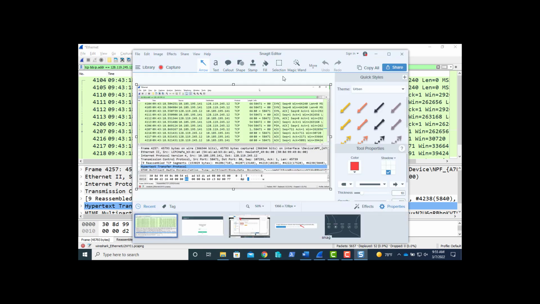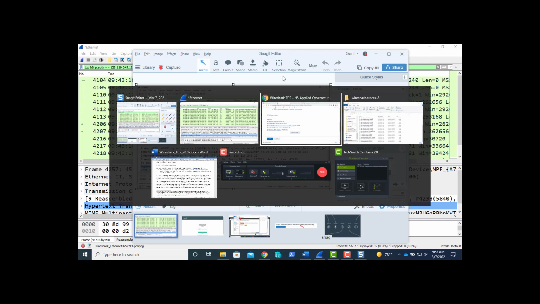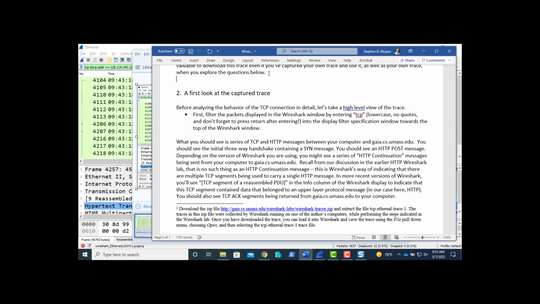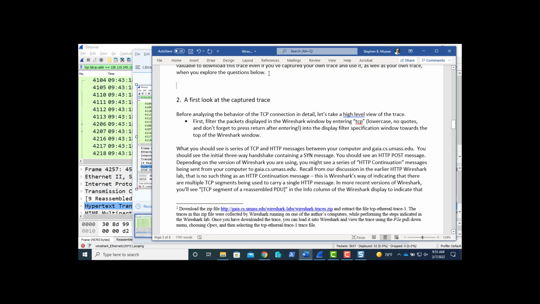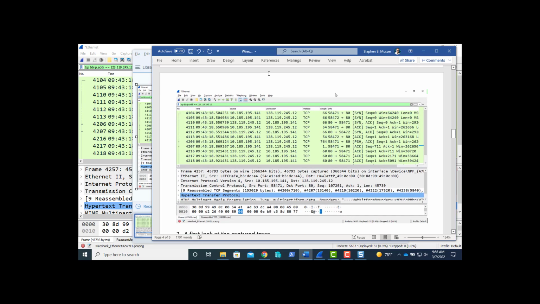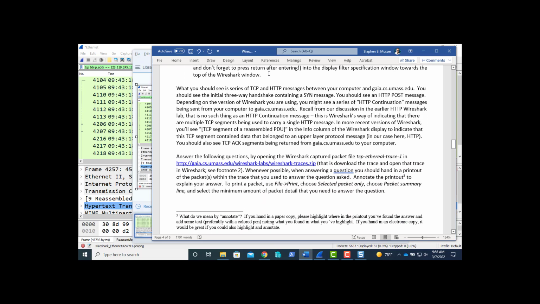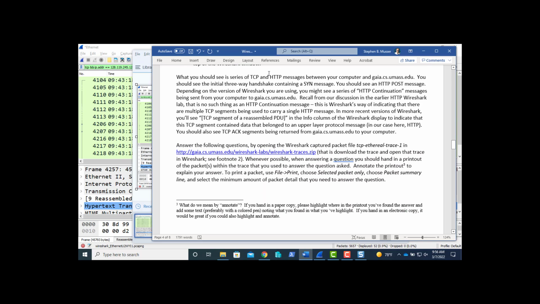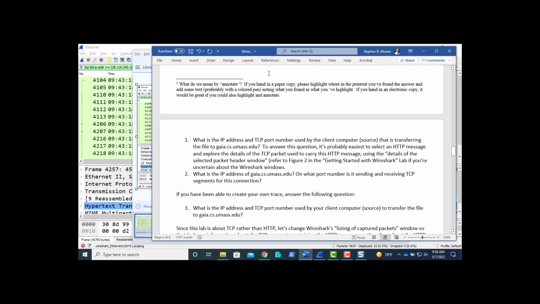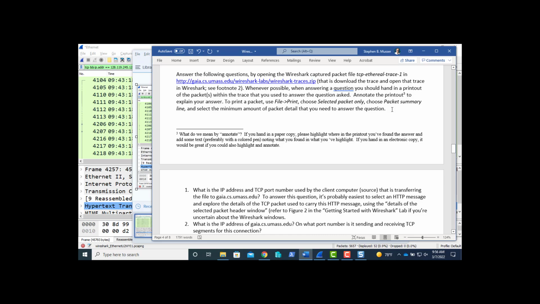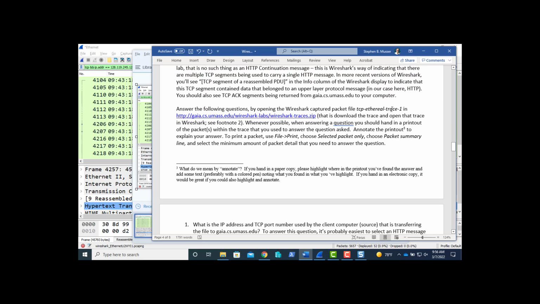I'm just going to paste that into my document. We're going to do that before we start step 2 or section 2. Once you've got that, we're going to go to,